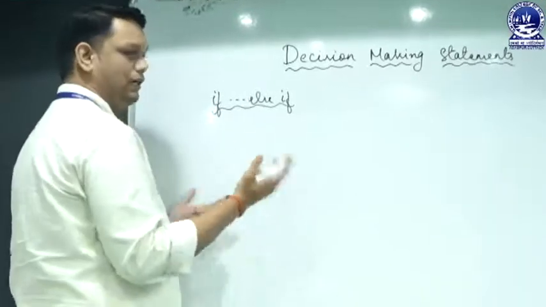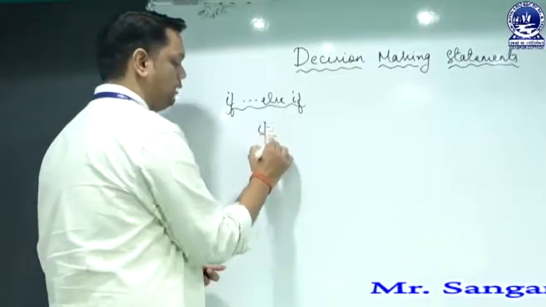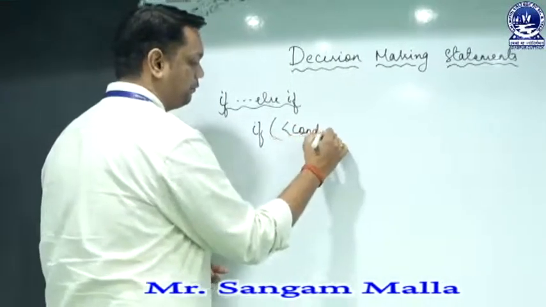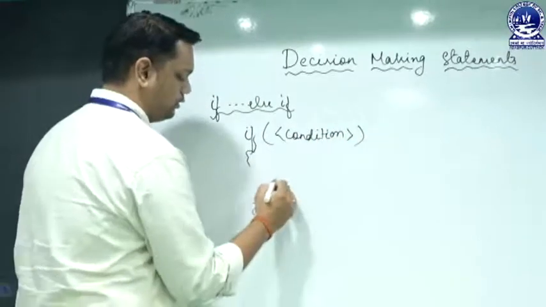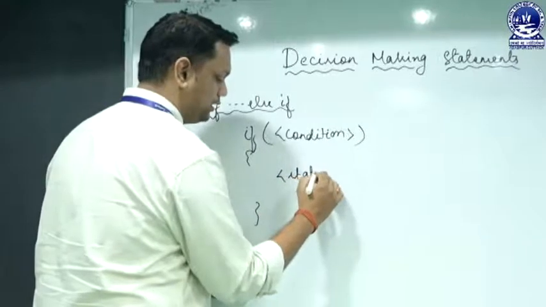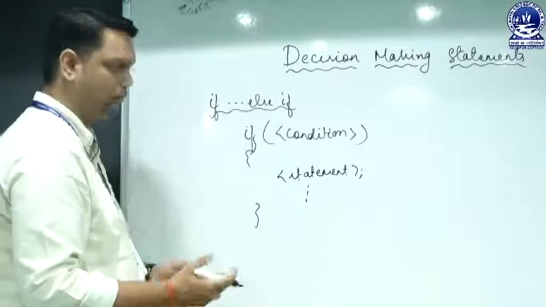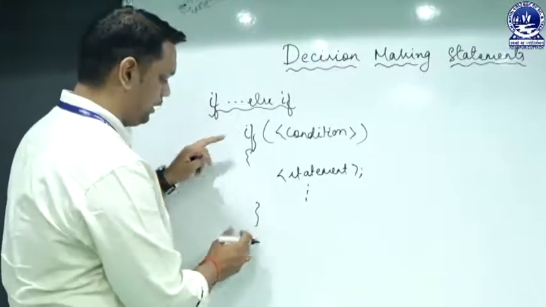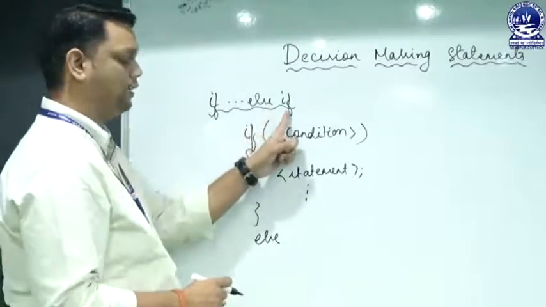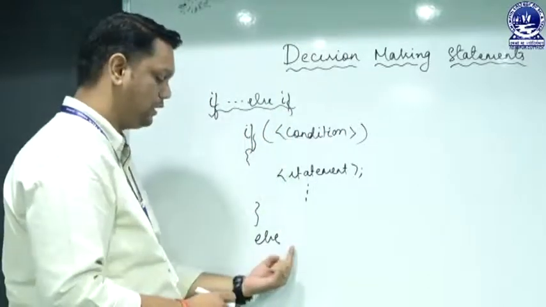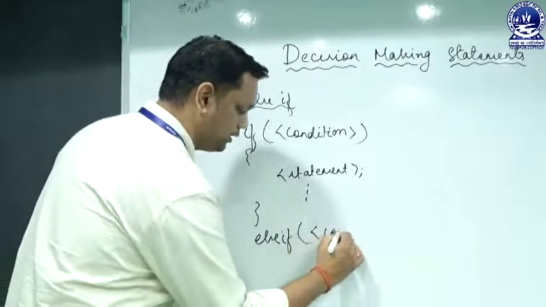As we have already discussed the concept of the if statement, there will be an if and a condition. Then the block of the if statement, in which there can be a single statement or a number of statements as per the requirement of the program. Similarly, the else will be followed by an if statement, but here we have another if condition. That means we will be writing another if condition with the else condition. If, then another condition.